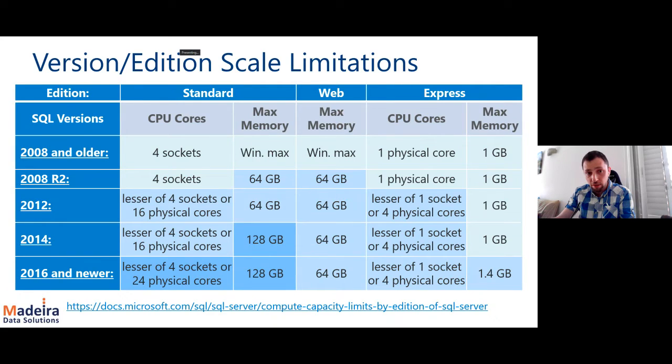For example, the Standard edition was limited to 64 gigabytes of maximum memory. If you have an Enterprise edition and use just 8 gigabytes for your SQL Server, that is the reason for you to upgrade the version and downgrade the edition,